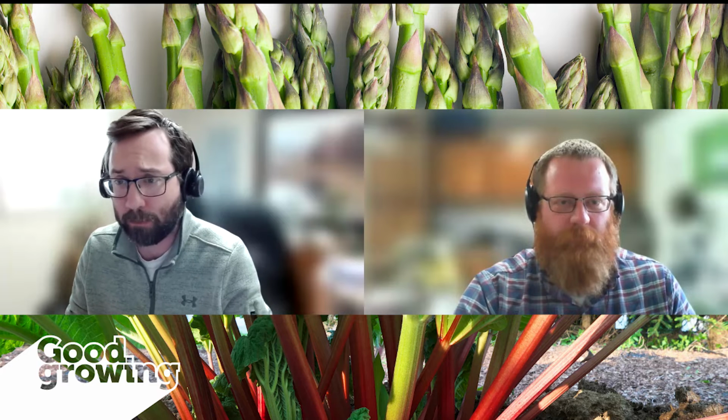So, I guess in terms of prepping a perennial vegetable bed, a lot of what I hear about is amending the soil. A lot of them say amend the soil to be rich, which I'm assuming means amend it with some type of organic matter, whether it's compost or rotted leaves, something to mix into the soil to add organic matter to that site, maybe a few months before you even plant it. And I know at least with our asparagus patch at the extension office here, we used horse